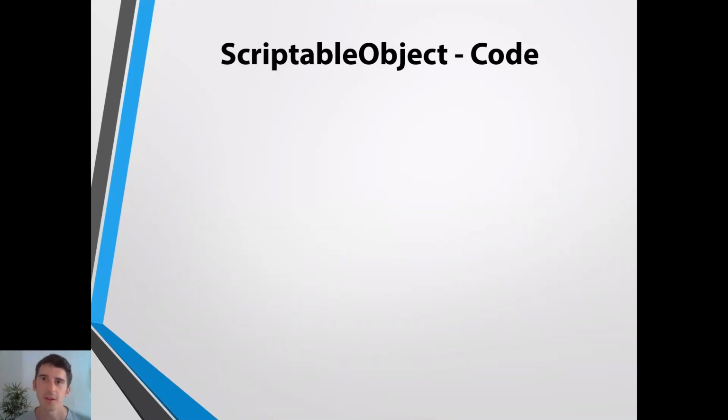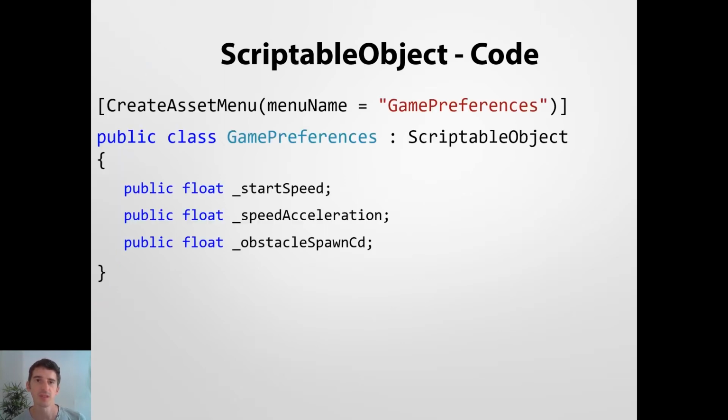Now the time has finally arrived. We're going to inspect the scriptable object code. So we're going to learn how to create our own scriptable objects. And first I want to show you one very simple scriptable object, and we're going to analyze the code and